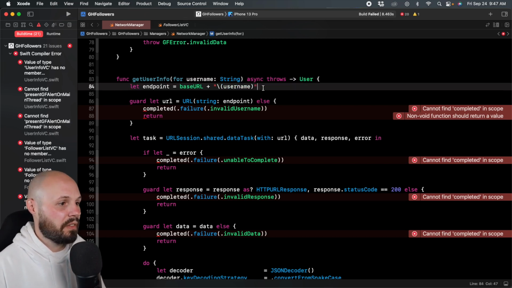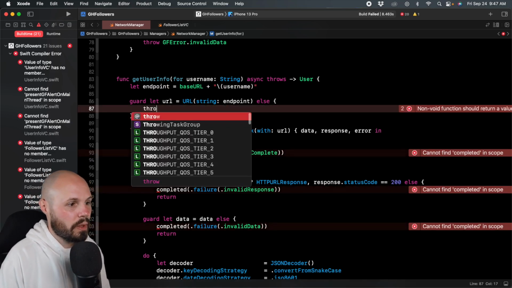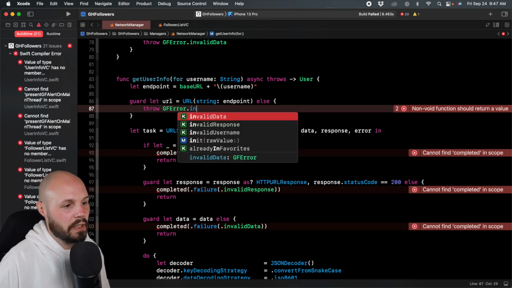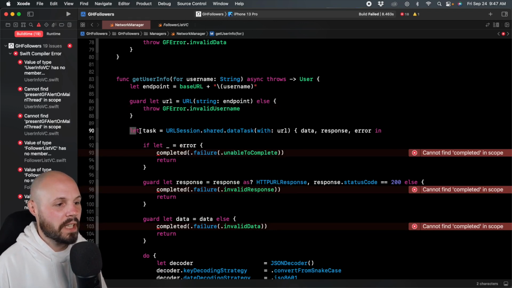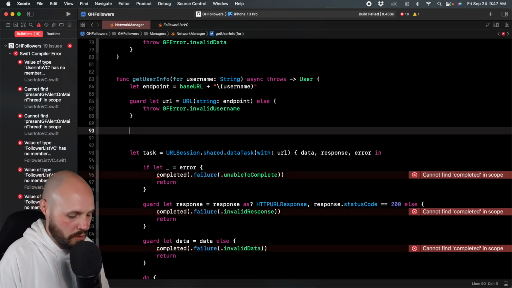And again, similar stuff here, right? We have our endpoint on our URL. We're not calling the completion handler anymore. We're not returning, we're just throwing GFError.invalidUsername. And then here on our task, we're not even using this task anymore. I'm going to hold off on deleting it quite yet, but we want to do let tuple of data, comma,